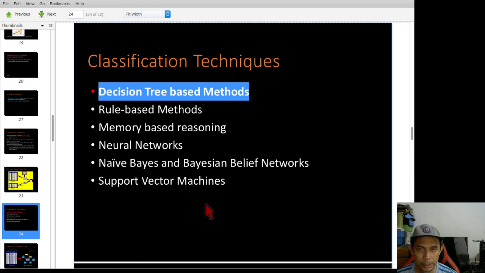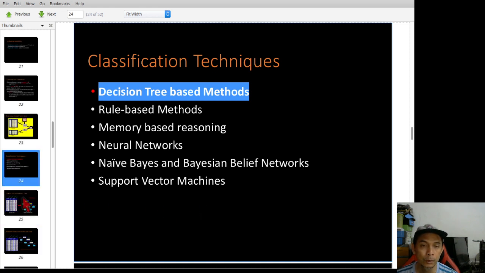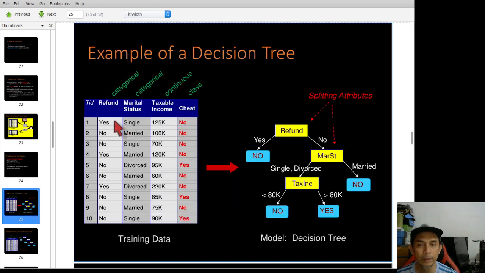How do you use decision tree to do the classification? Let's start by examining the training data. In this case we have new training data with 4 columns, and the last column is the class.